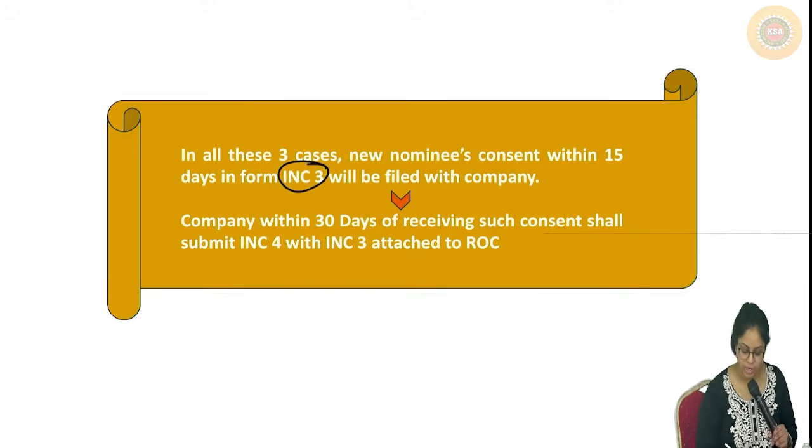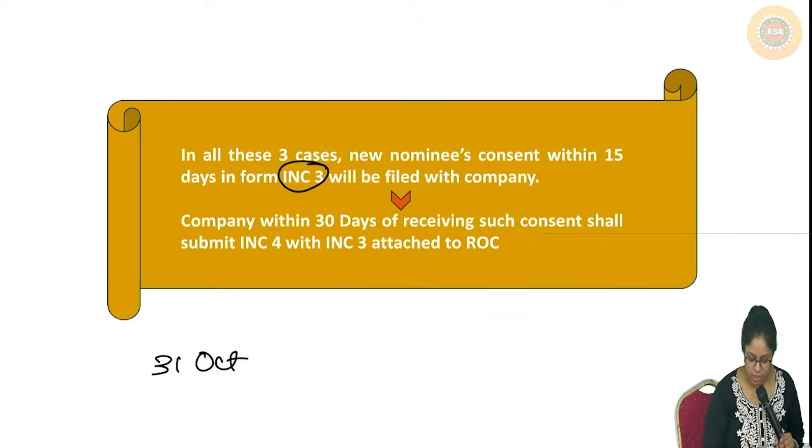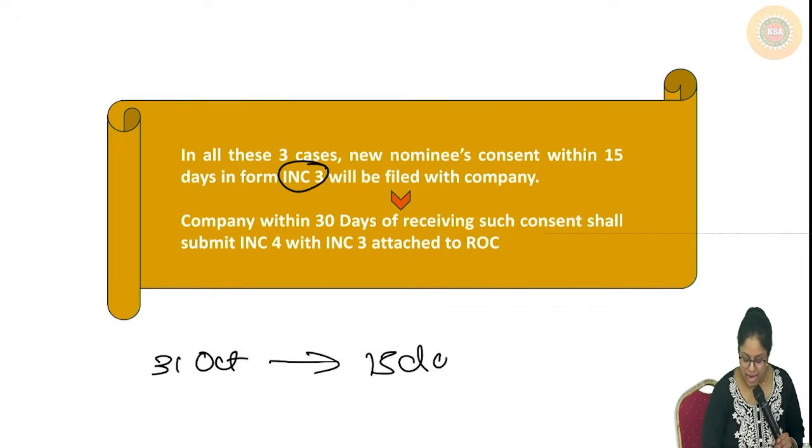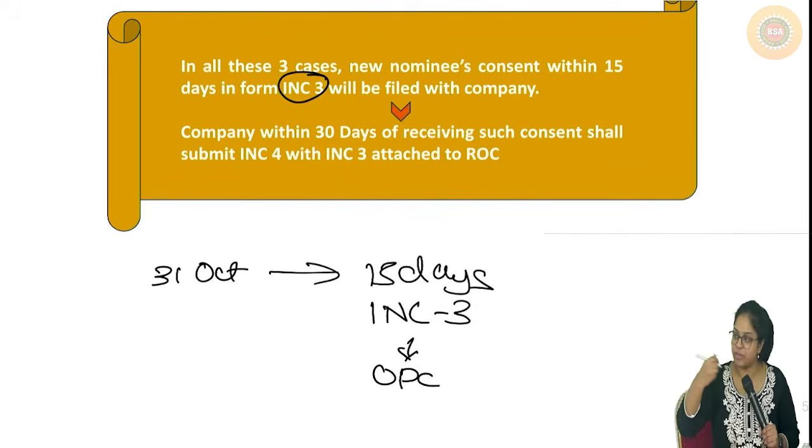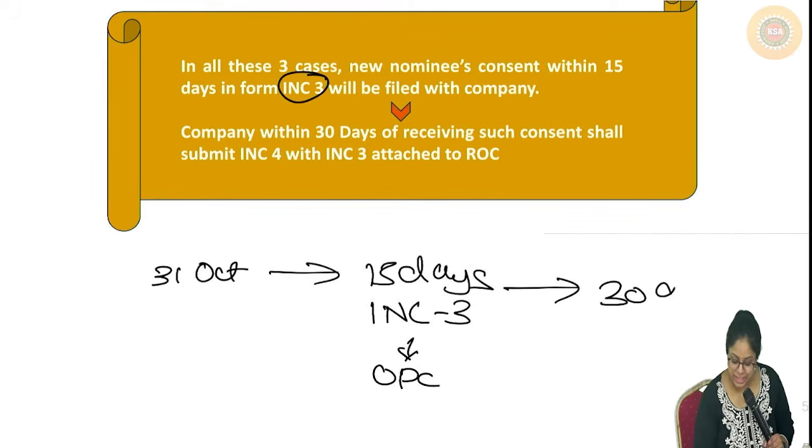Let's say I'm changing my nominee. Today I change. What is the date today? 31st October. So within 15 days, I need to fill INC3 and give it to the one person company. The one person company will, within 30 days